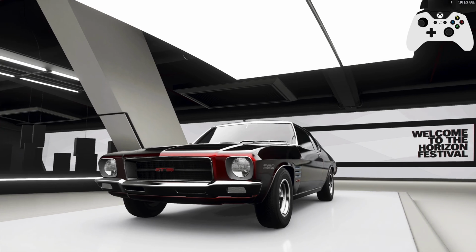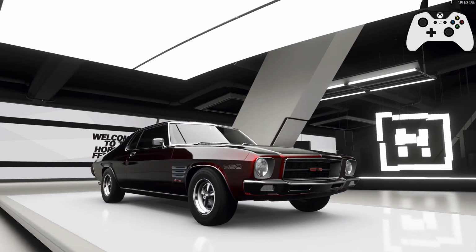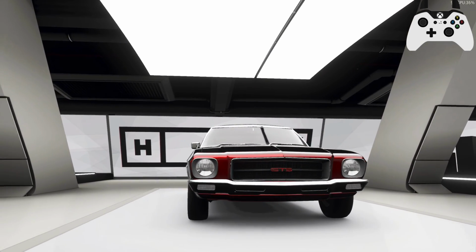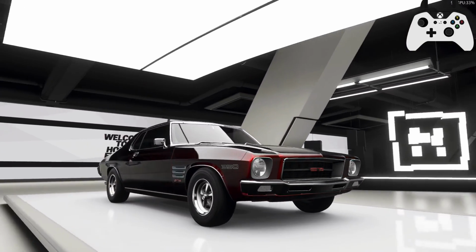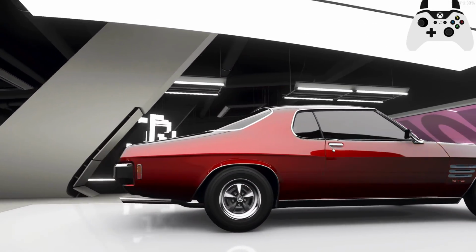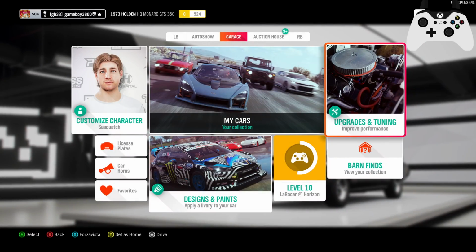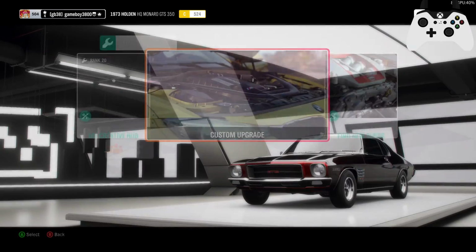Last time out we saw Team Australia take a 1-2 with the Holden Tirana. Now we've got the old Monaro. This is the pretend Mustang. Look at that front. You can't tell me it's not trying to be a Mustang. Giving up the same engine, it's got a 350. And now we're going to see